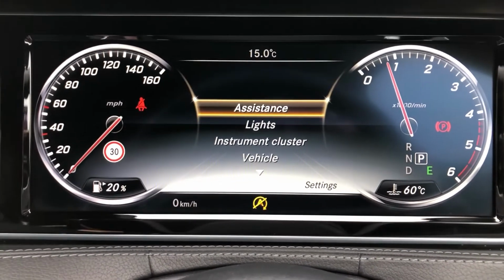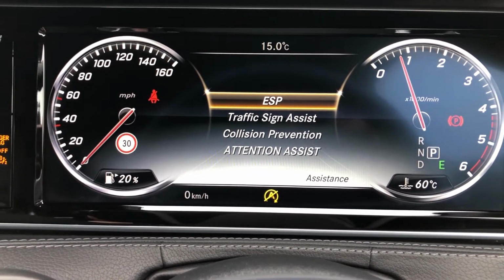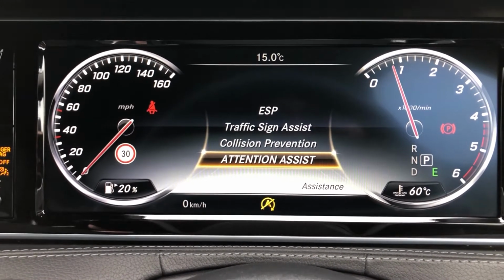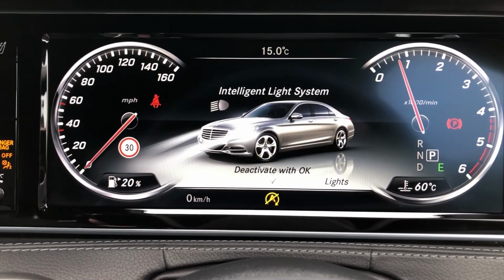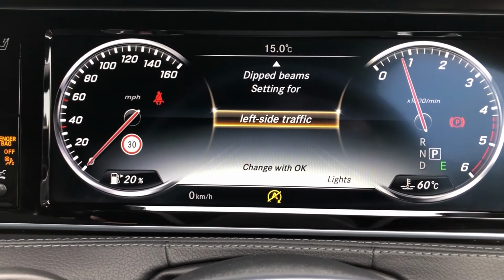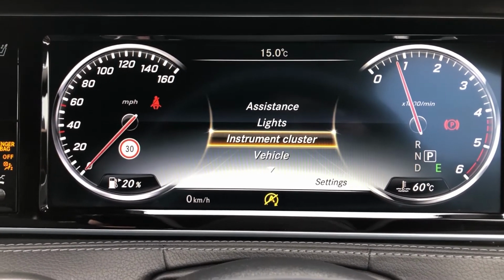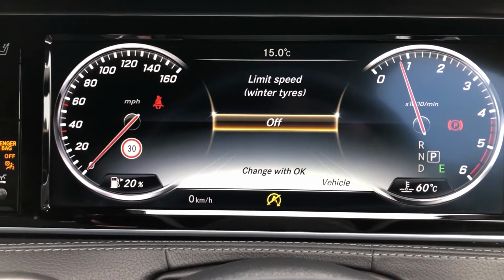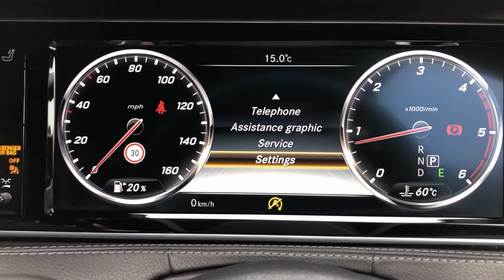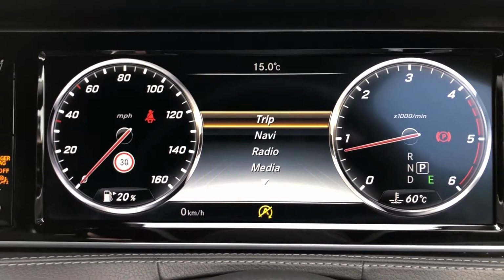Settings, if you click on there, you can see your dials change. You can click on Assistant, you've got your ESP, Traffic Sign Assist, Collision Prevention, and of course the Attention Assist as well. If you click on lights, you've got the intelligent lighting, your daytime running lights, and your dip beam settings as well. You can go on the instrument cluster, change it from miles to kilometres an hour, and change your vehicle speed if you need to limit it for winter tyres. You can see a really stacked list in terms of features, and one which I'm sure you're going to love